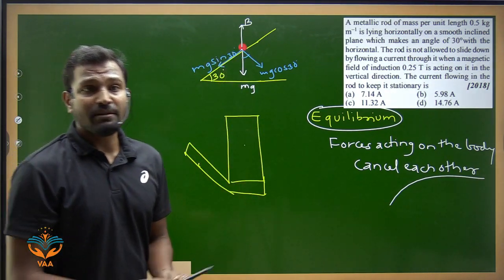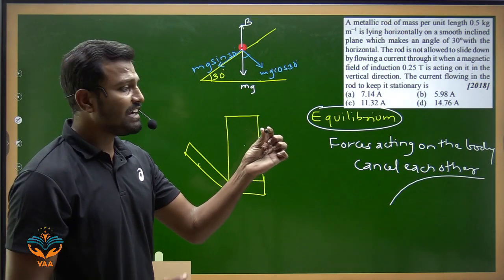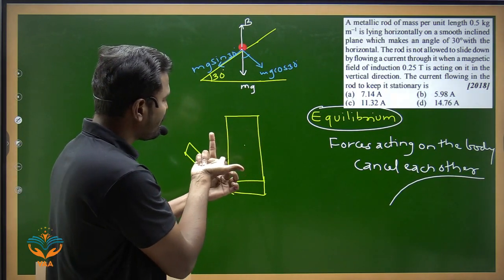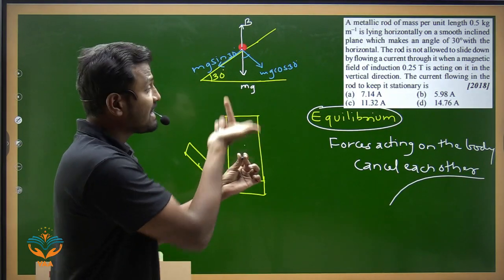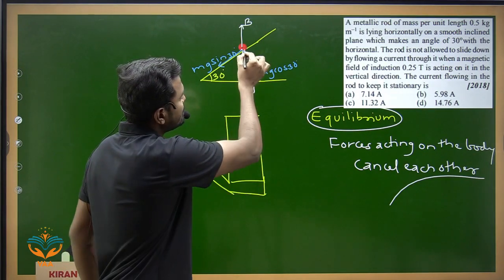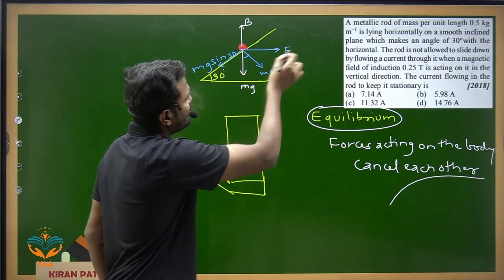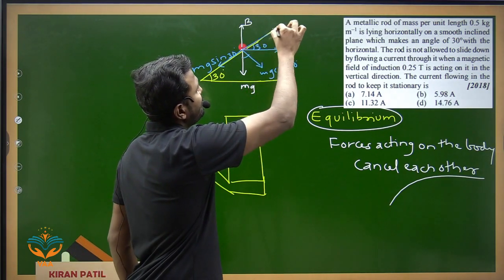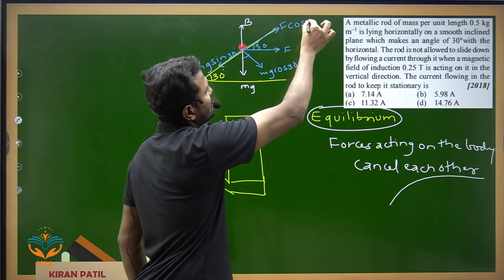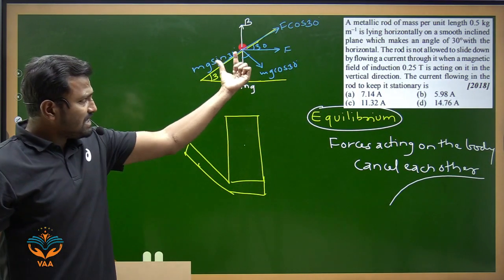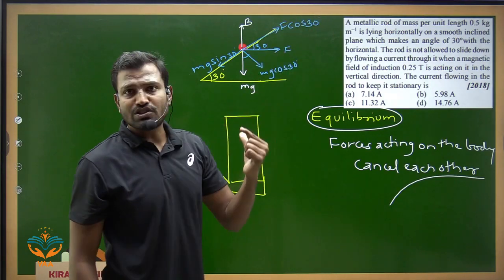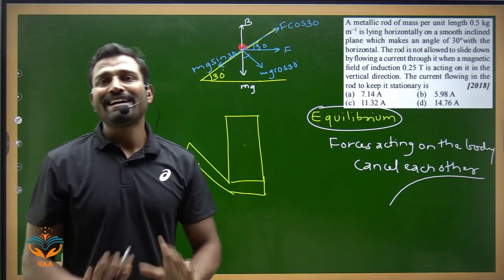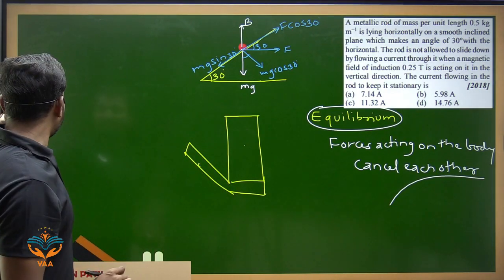Fine. Now understand, this is the position of the rod. Fine. Magnetic field is acting upwards. Fine. Magnetic field is acting upwards. The current in the rod is flowing in this direction. It is going inside. Magnetic field is upward. So the force on the rod, this will be the force acting on the rod F. So if this is 30, this becomes 30 degrees. So this component will be F cos 30. So this mg sin 30 is balanced by this F cos 30, and hence this rod is not sliding downwards. Now the question, the concerned case is cleared.